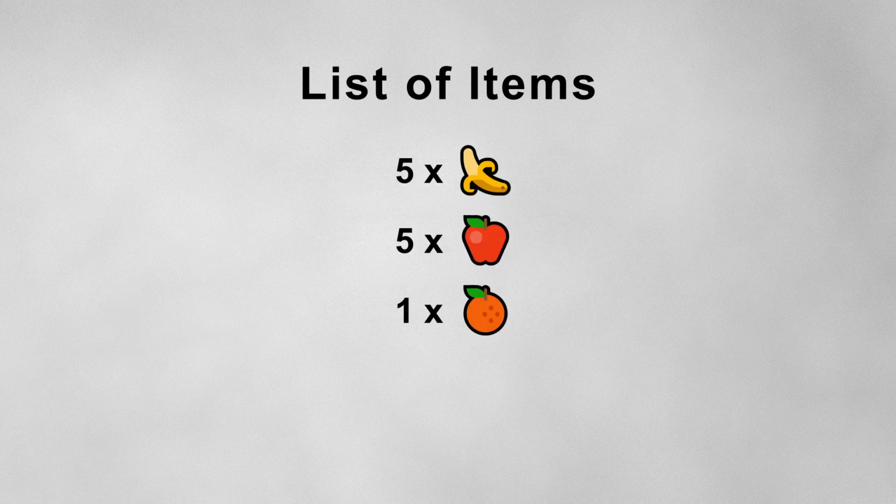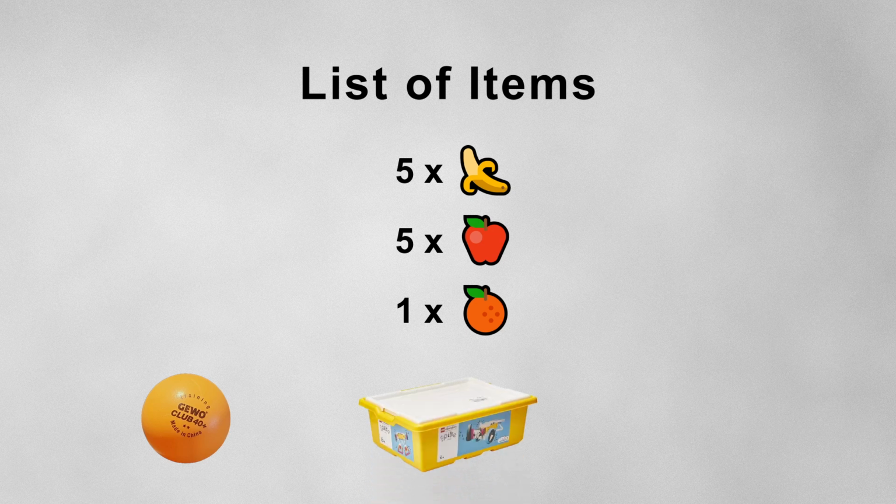That's why we have created this course, which doesn't require any programming experience or advanced math skills, because here we focus on the basic ideas of machine learning and do it interactively using this LEGO Spike Prime Kit and the web platform that we have developed exclusively for this course. You can either simply watch the course or actively engage by doing the experiments as you follow the video. For the hands-on approach, you will need 5 bananas, 5 apples, an orange, a table tennis ball, a LEGO Spike Prime Kit, and your Bluetooth-compatible device.